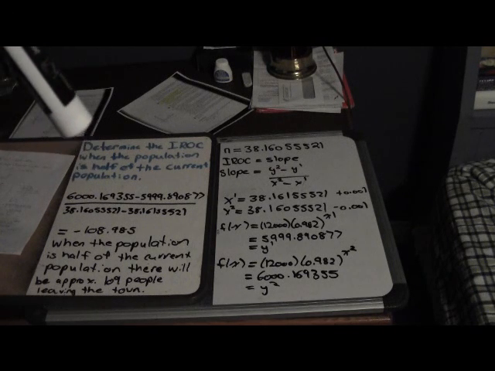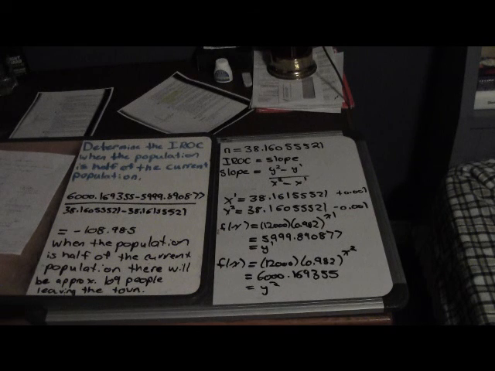You do your y2 value, which is 6,000.169355, minus your y1 value, which is 5,999.890877, divided by 38.160555521, which is your x2 value, subtracted by 38.161555521, which is your x1 value. So once you subtract the top from each other and subtract the bottom from each other, you simply just divide and you get an answer of negative